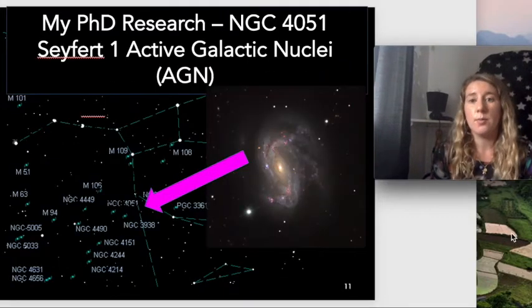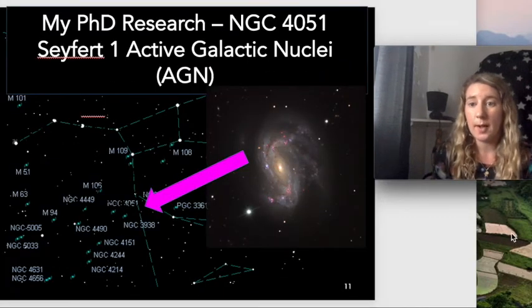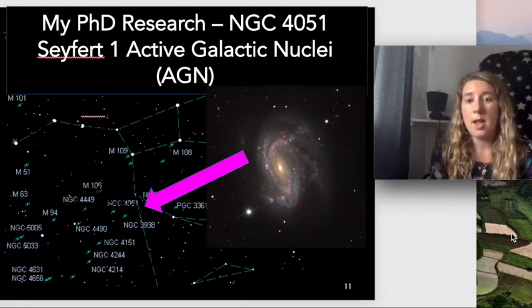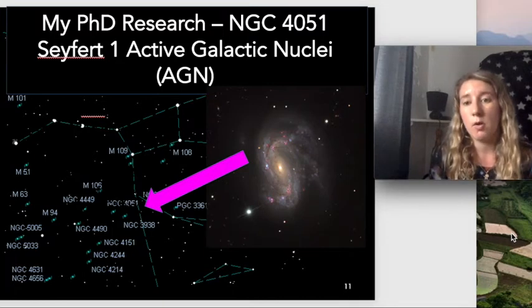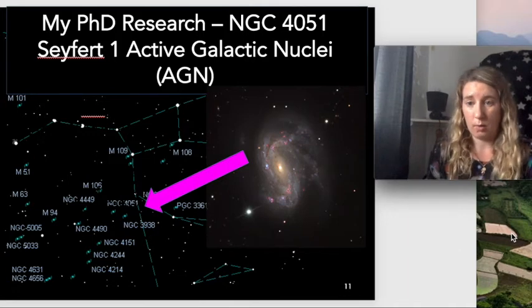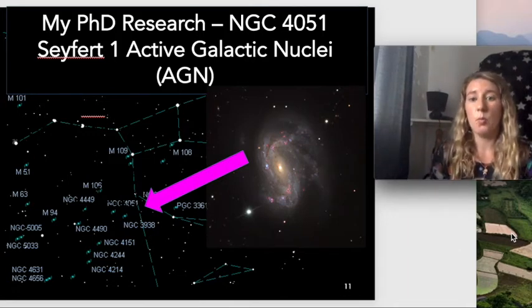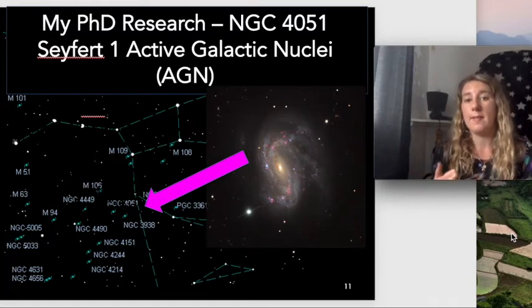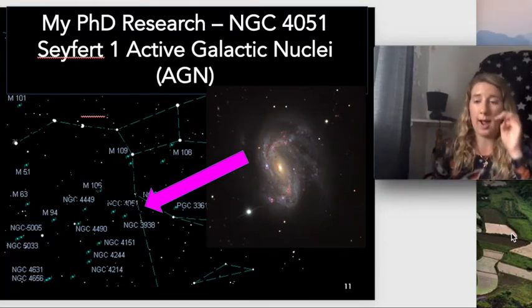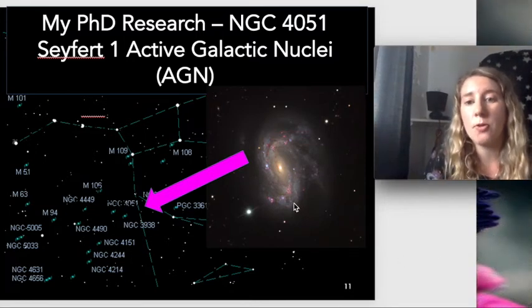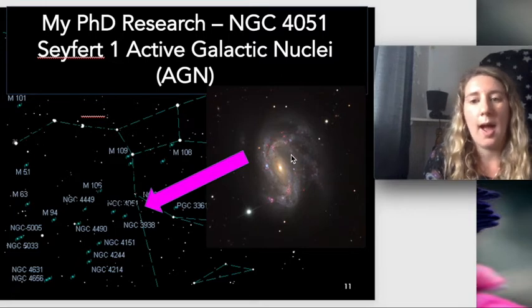So the research I did was on a supermassive black hole called NGC 4051. This is an active galactic nucleus, and it is interesting because it has behavior in both the X-ray and radio parts of the spectrum, which we wouldn't expect. So my supervisor had an extra data set on it, to see what mysterious, weird happenings were going on with this galaxy. In the optical, it looks like this,